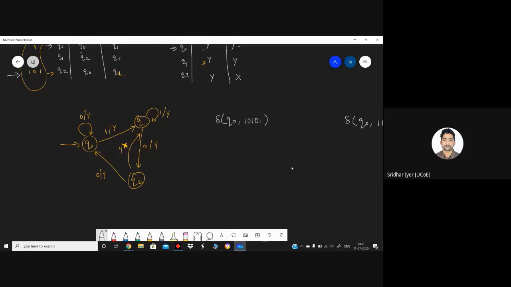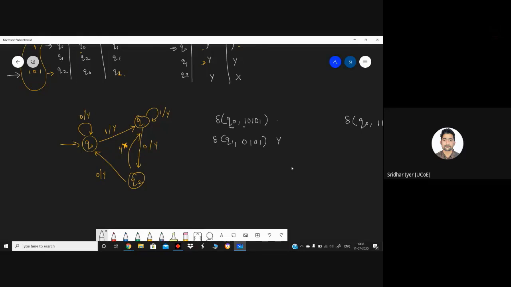I was telling that whenever we start with a Moore machine, we always used to write the output over here. But in case of Mealy machine, we don't need to write the output of the state. We simply want the output of the transition of that particular state. So Q0 on input 1 goes to Q1. Now tell me what is the output. Q0 on input 1 goes to Q1 and the output is Y. So now we will write a Y over here.